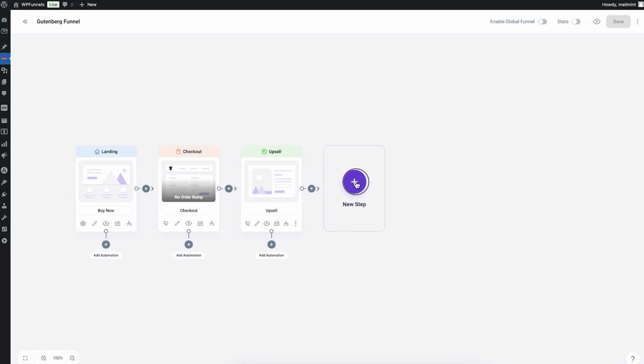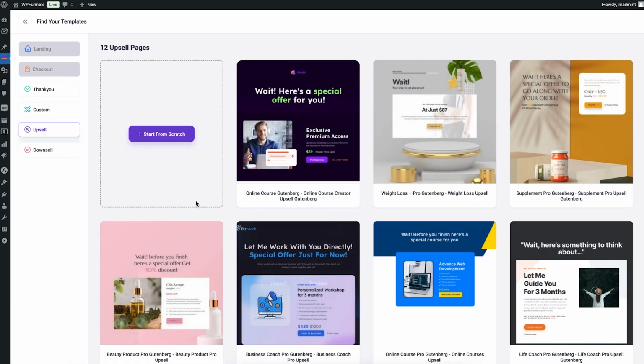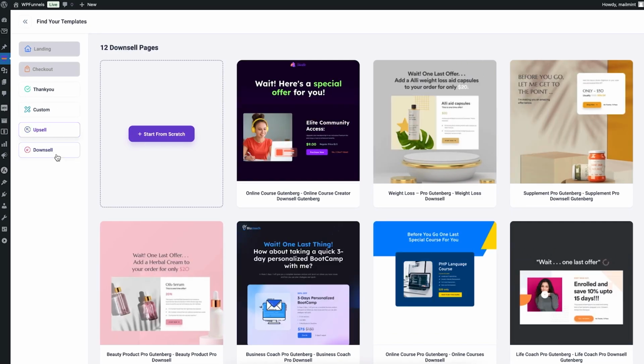And after the upsell, now let's go ahead and add another step. So let's click on new step, and it is again going to take me to a page like this. Now on the left side, you can see that I have the option to add these 4 types of steps. After the upsell, if you want, you can offer a downsell. Now let me tell you one thing, the upsell and downsell pages are exactly the same thing, just that you use the downsell strategically to make your funnel